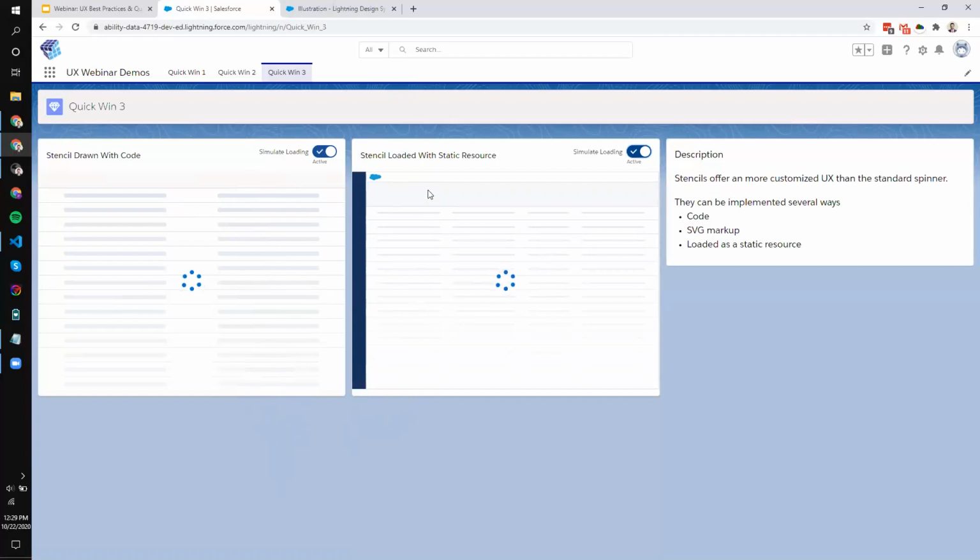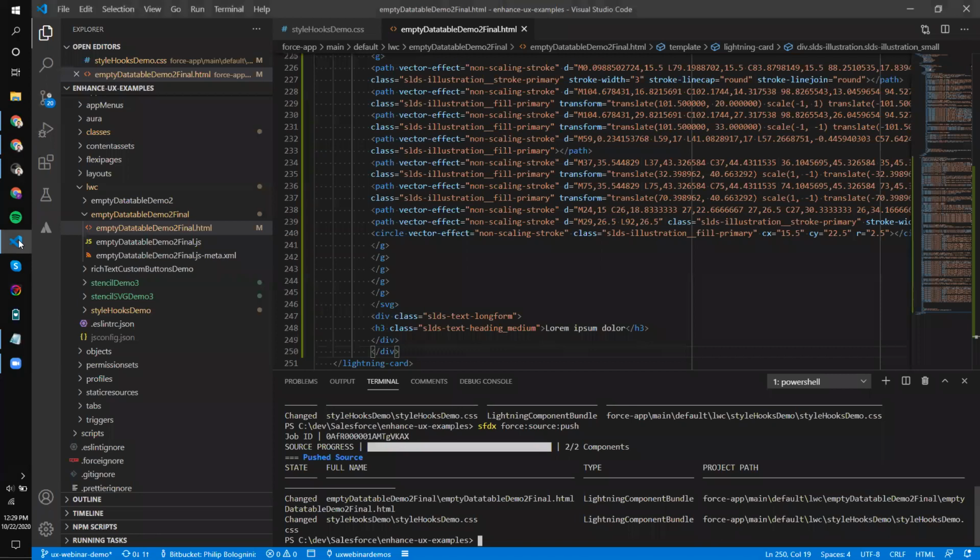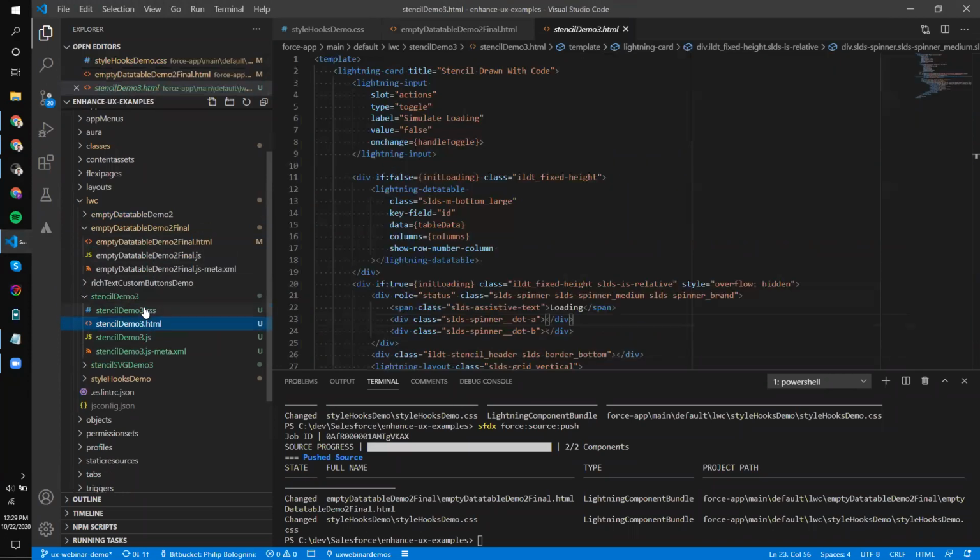So here I have two different approaches, much like the illustrations. You can use an SVG for stencils, and for the SVG, you can put the markup directly in the HTML file, or you can load it as a static resource. But with stencils, you can actually create them with code as well. So I want to show that approach. If you take a look in the code here,